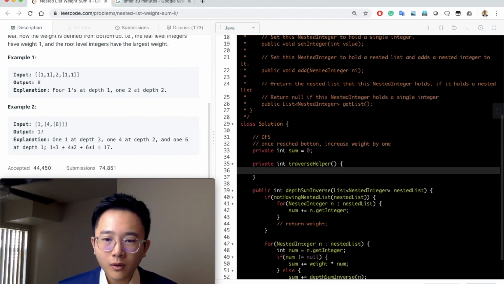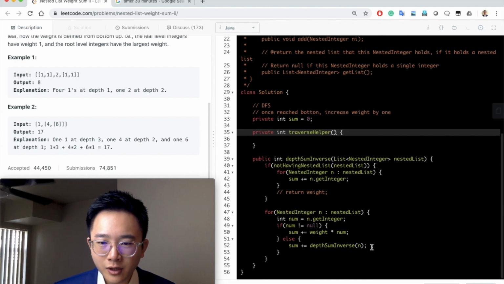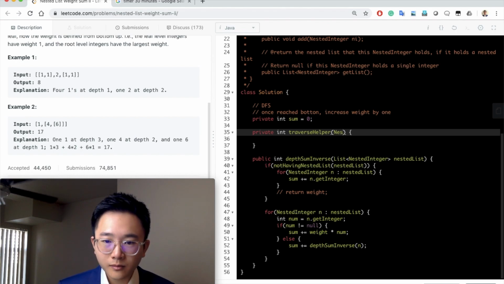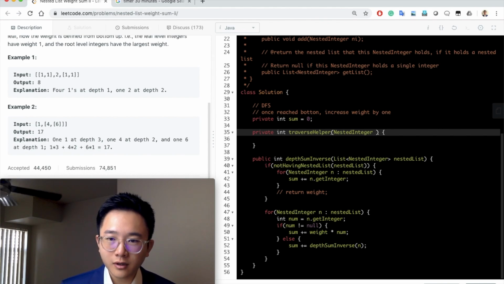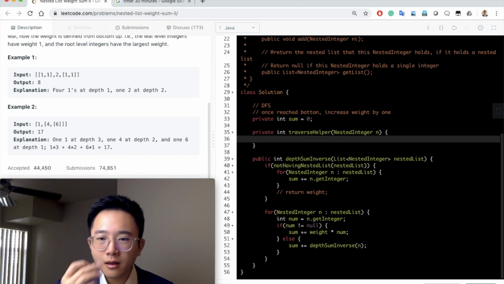Okay, so traverse helper, which will take in, I'm imagining here, a nested integer, let's call it n, and then it will traverse it to see